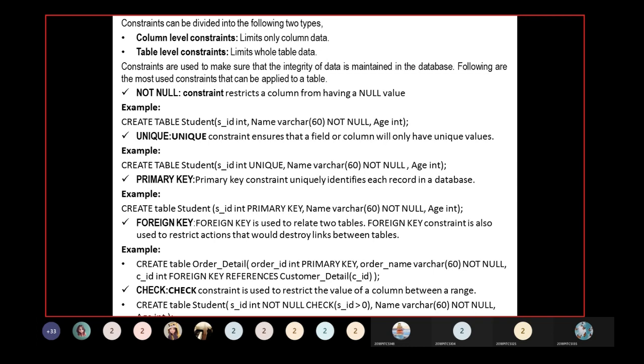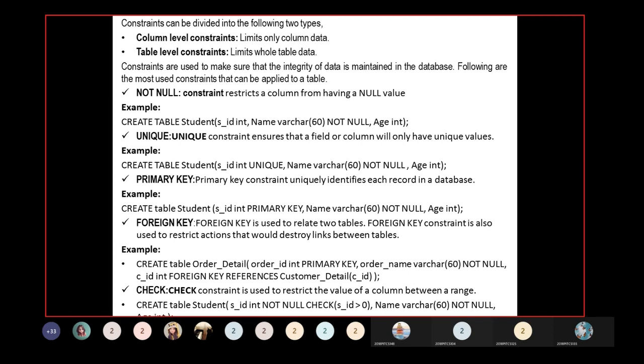Okay, what is the syntax of this foreign key? When you are using this foreign key, you should follow some syntax to write the code in a database. First we give the field name, followed by the data type. After giving the data type, we should put the reference.